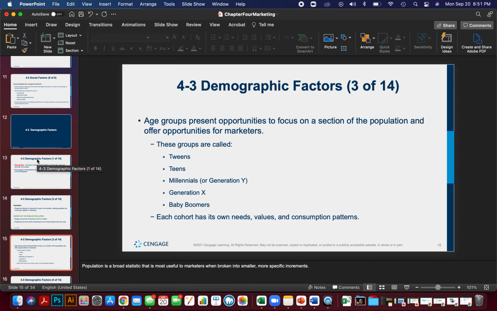And then we have the baby boomers, and this represents our senior community right now. Those are the people that are born between 1945 and 1960. They're called the baby boomers because after World War II, everybody came back from the war, and that's when they started their family, and that's when there was a boom in babies.